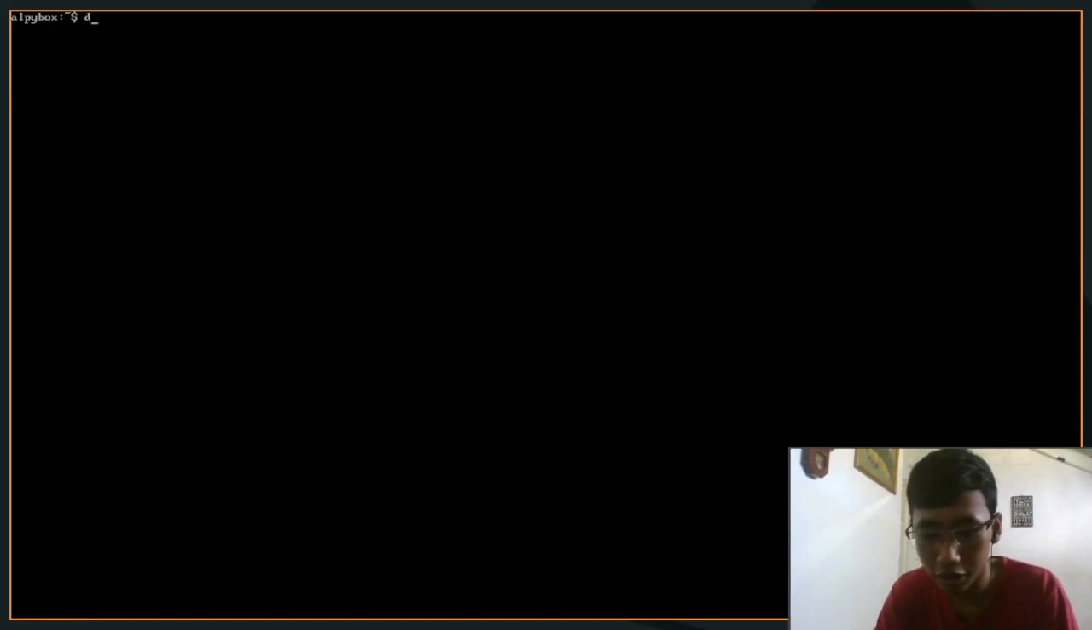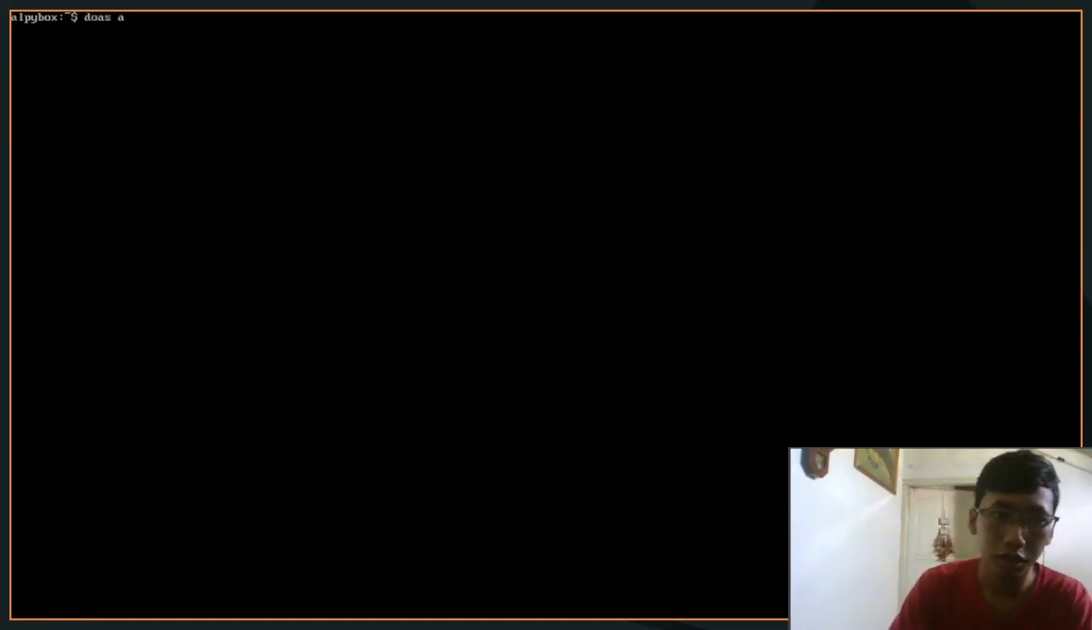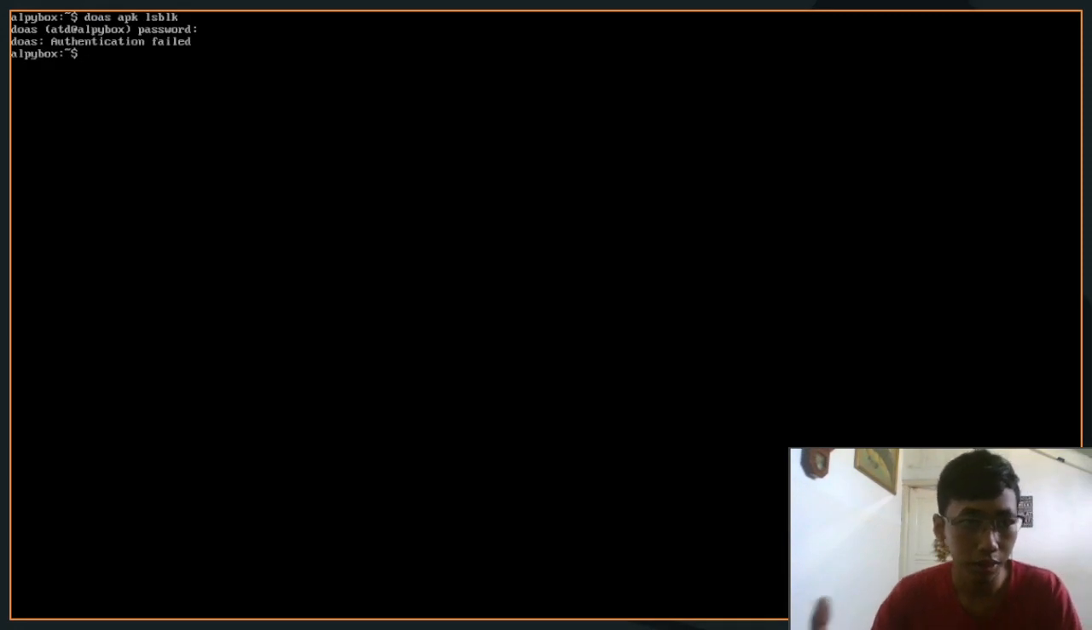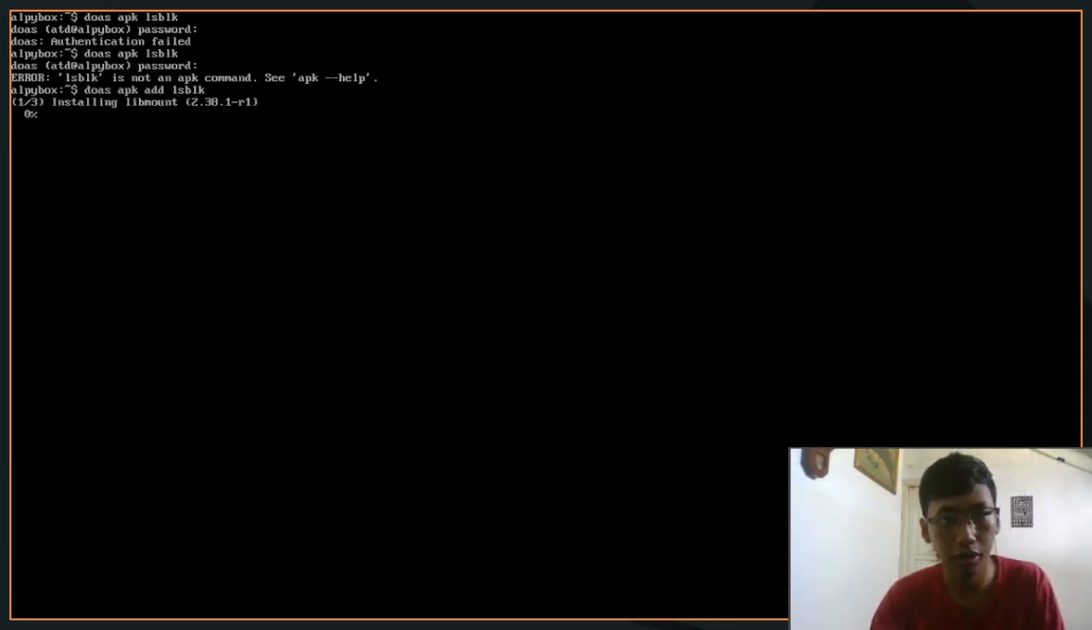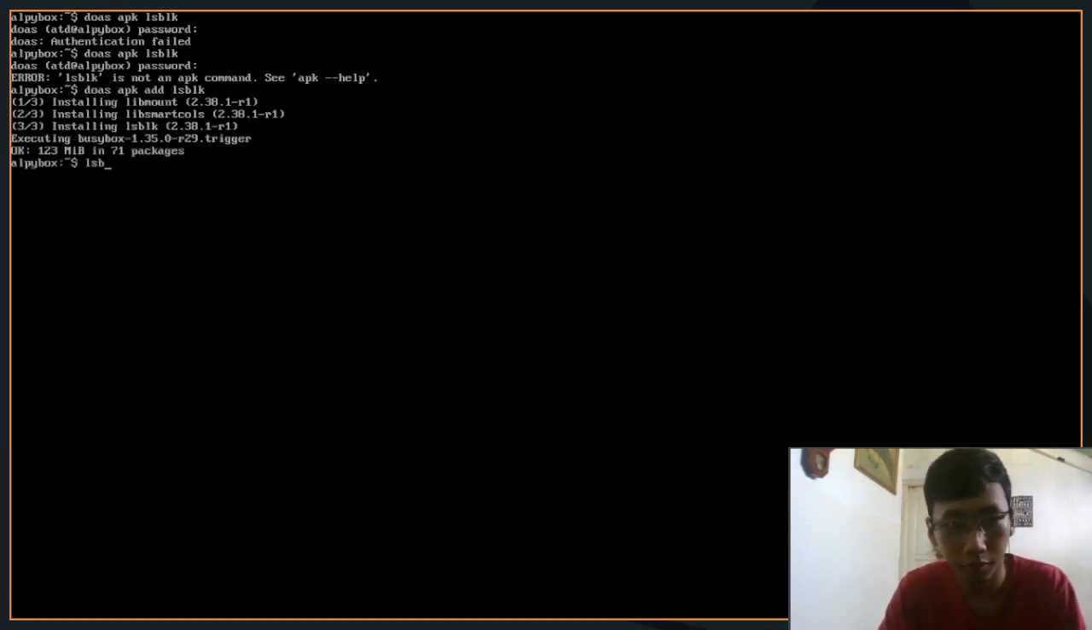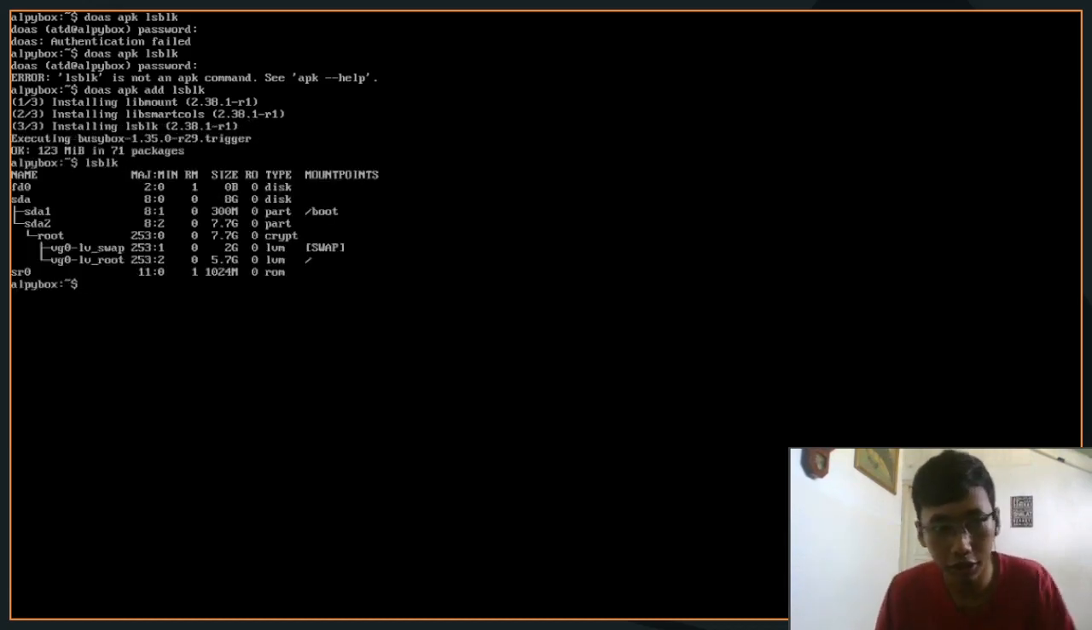Now as you can see, it doesn't have a lot of other stuff, but if you want to install stuff, you would need to do apk, let's say lsblk. I don't know if it's available yet or not, but just wait. apk add lsblk. Now as you can see, this is how the format is. And then if you want to install